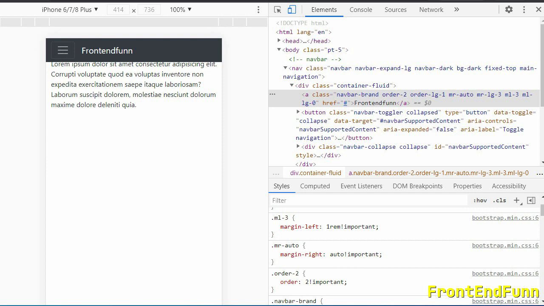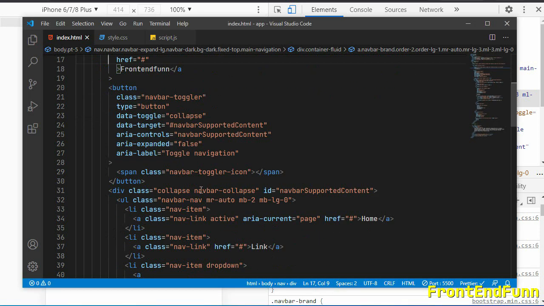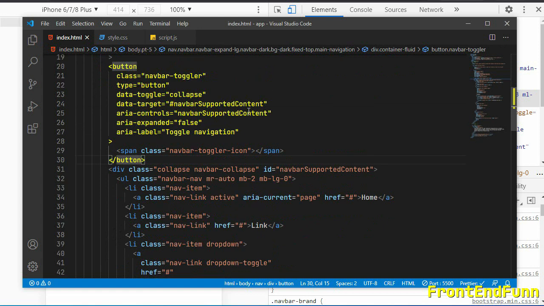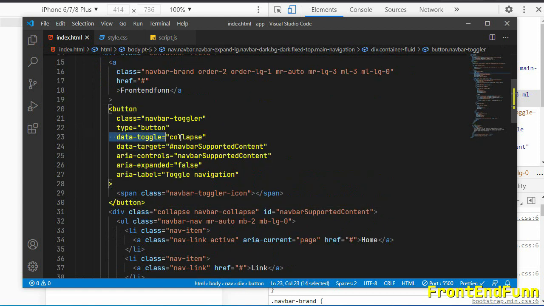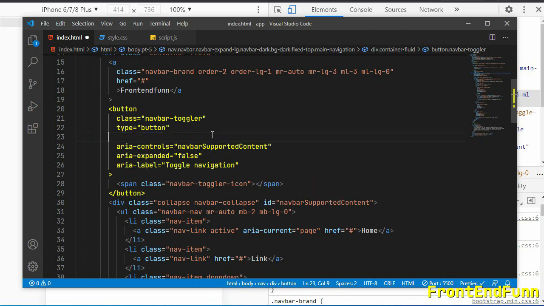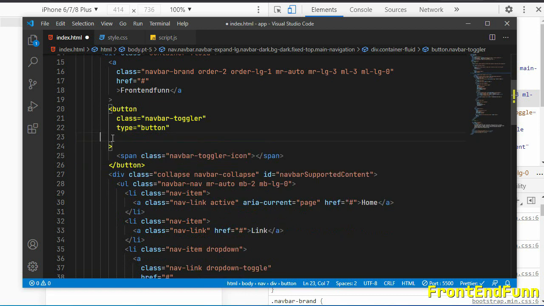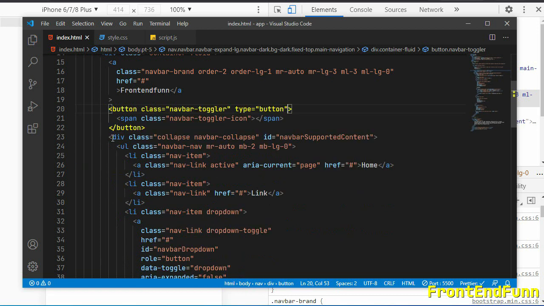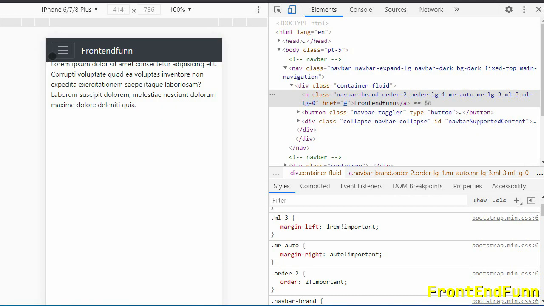Okay, so for the navbar-toggler we don't want the regular collapse effect, so I'll just get rid of the data-target attributes on this button element, and also I'll get rid of the aria attributes. Okay, so now the toggler is not linked up with the collapse element.